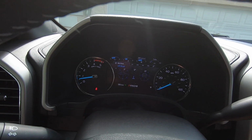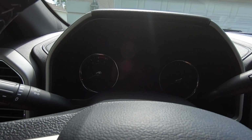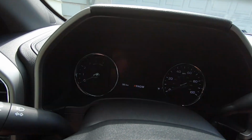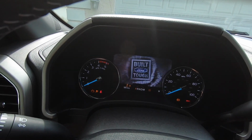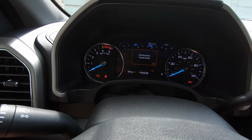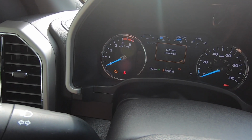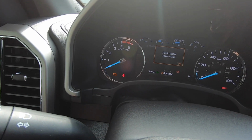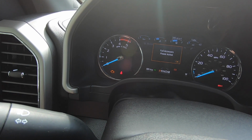So what you need to do is turn the truck off. Push the parking brake in. One press, back on. And then if you look over there by the check engine light, you'll see a seatbelt light lit up. And when that turns off,